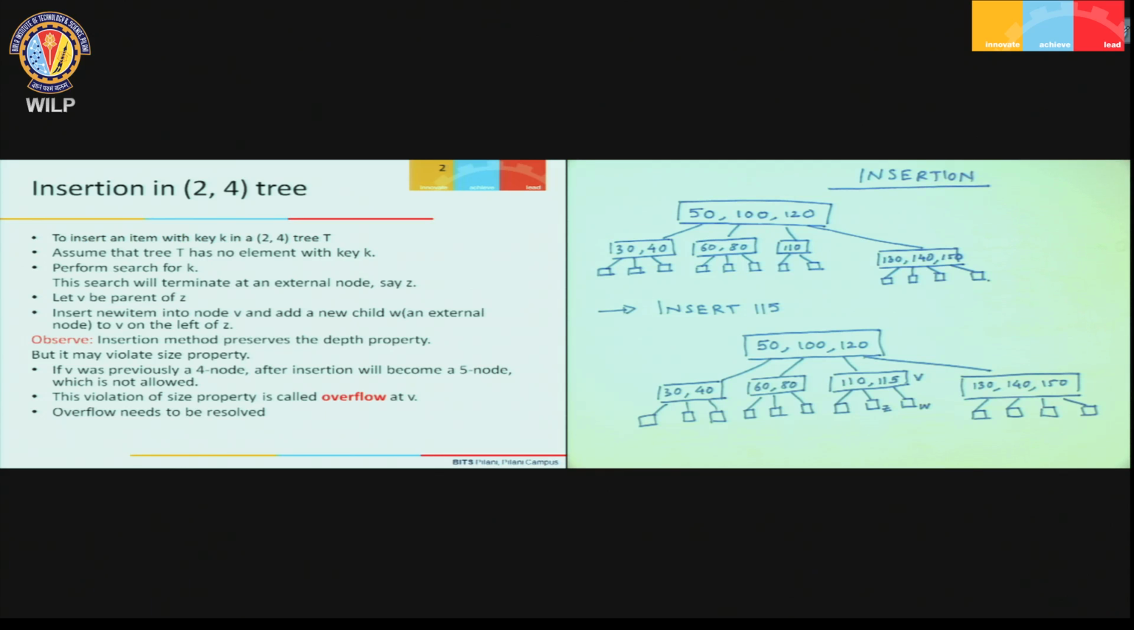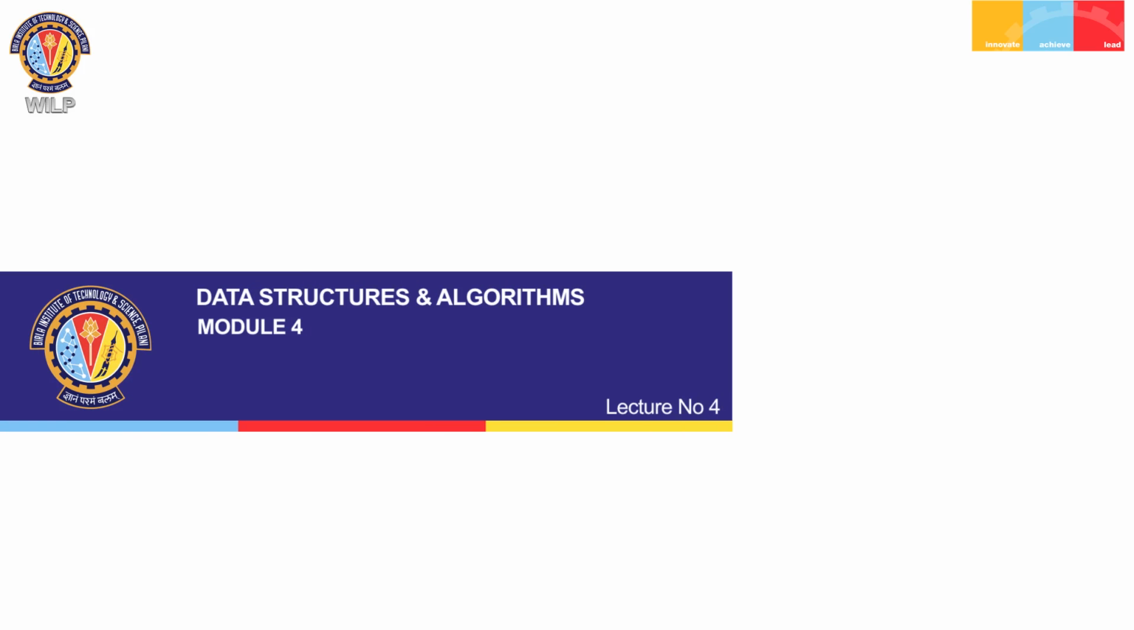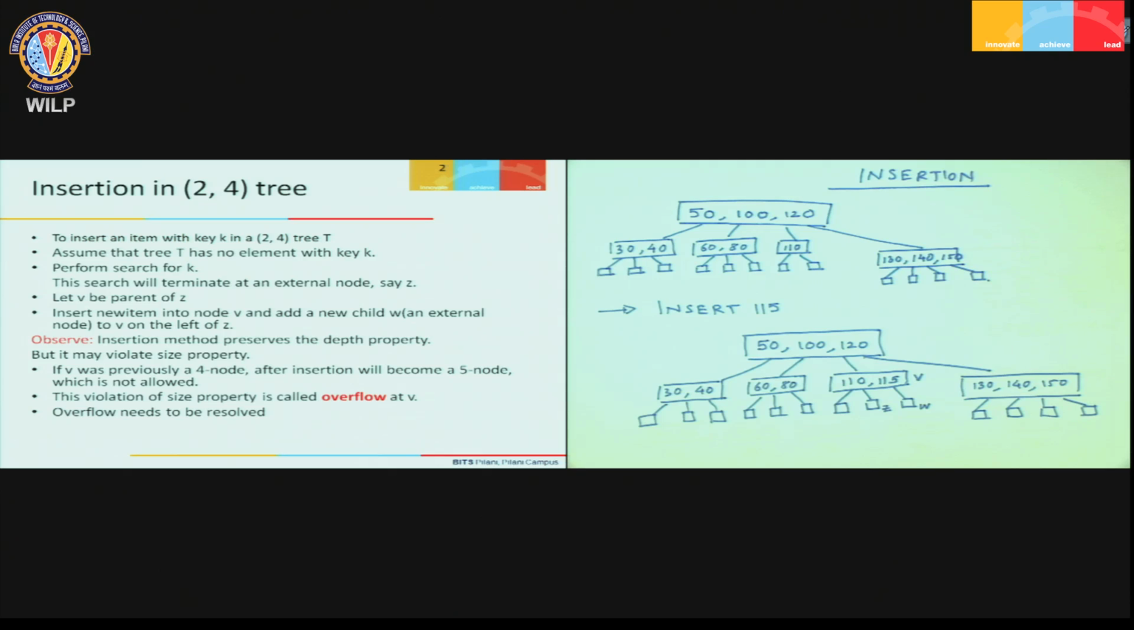In the last session, we had looked at the definition of 2,4 trees, which is a special type of a multi-way search tree. We had seen that a 2,4 tree which is going to store n items will have height of order log n. We also had seen how to query in a 2,4 tree. As in AVL tree, 2,4 trees are generalizations of binary search tree. So,